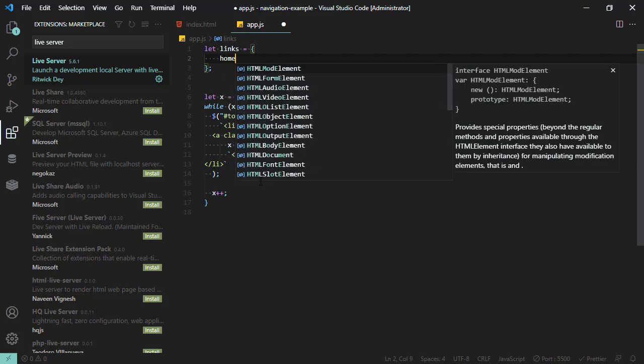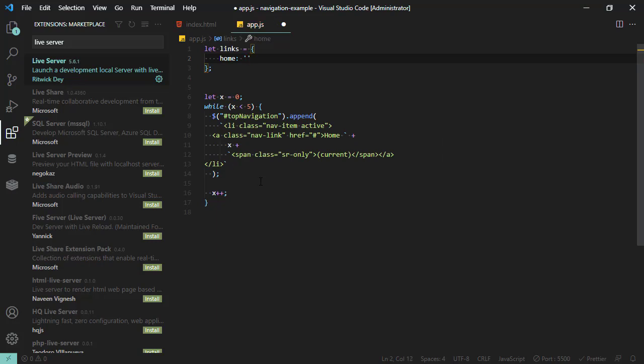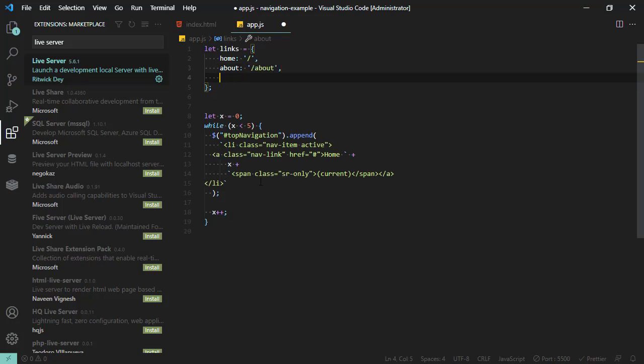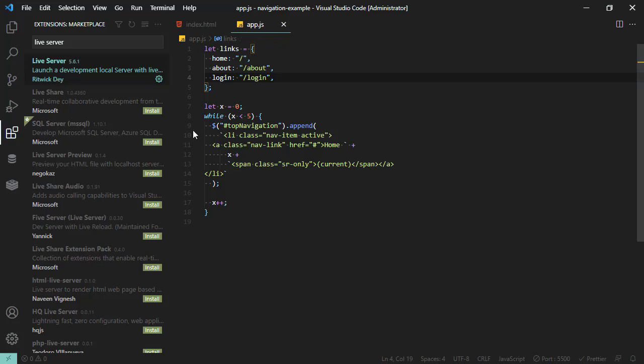I'm forgetting the syntax a little, but let me go ahead and try this. What I'm going to do is define the home link here, and it is going to be hash. The next element is going to be the about section, and it is going to be slash about. The third link is going to be login, and it is going to look like slash login. So for now, let's just live with this, and instead of looping on X, this time we are going to,